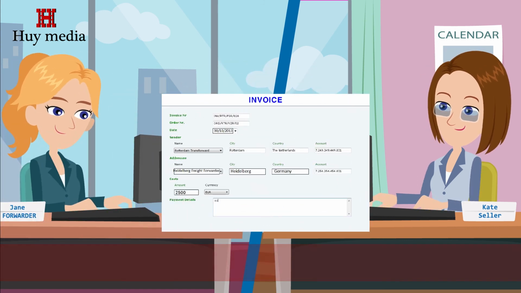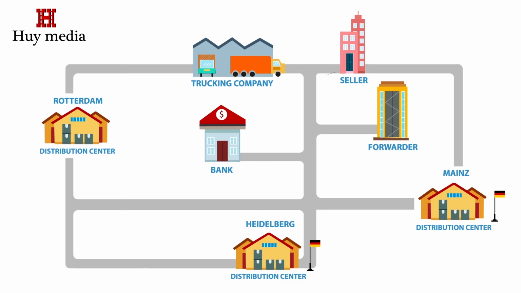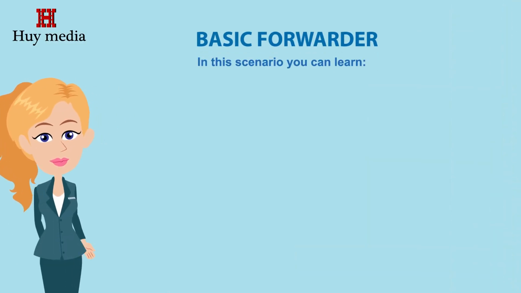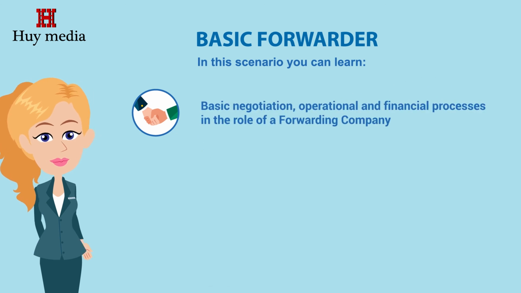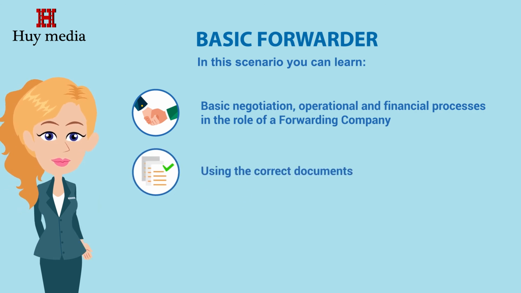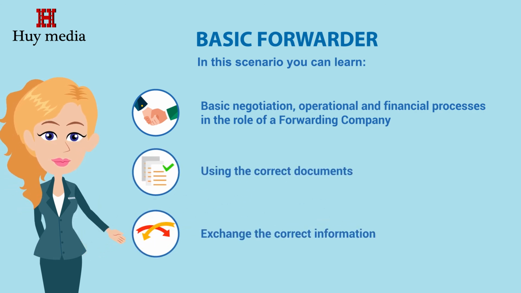As soon as the payments have been settled, you will receive 2 bank receipts for receiving money from the seller and transferring money to the trucking company. In this scenario you can learn basic negotiation, operational and financial processes in the role of a forwarding company, using the correct documents, exchange the correct information,